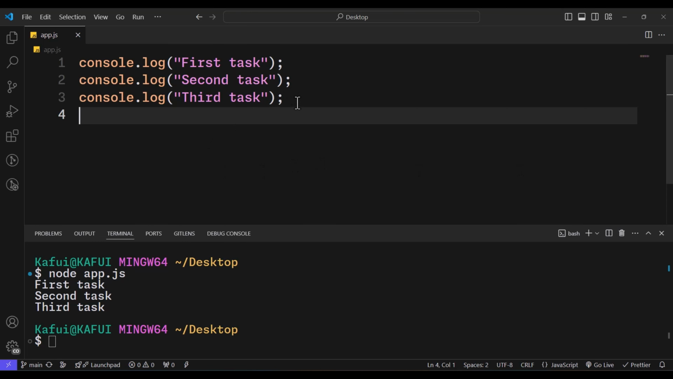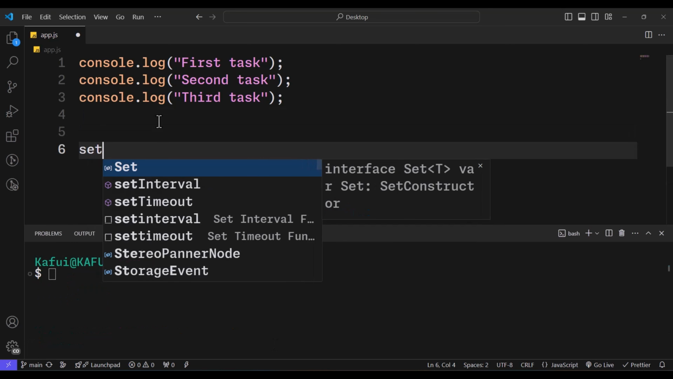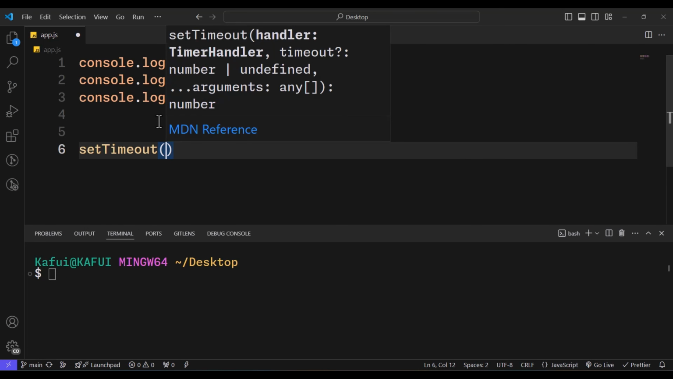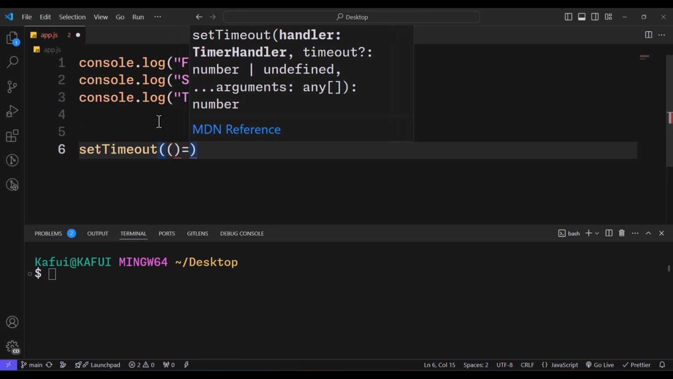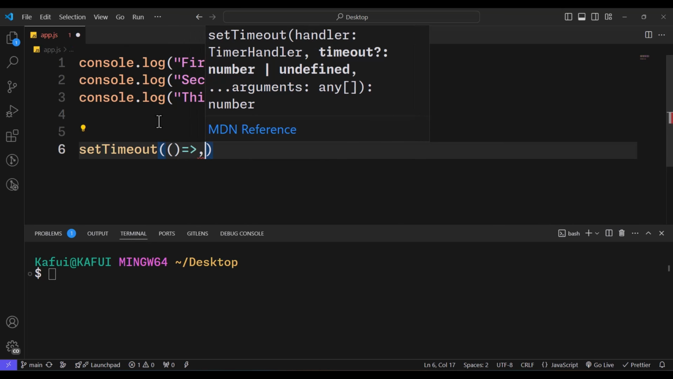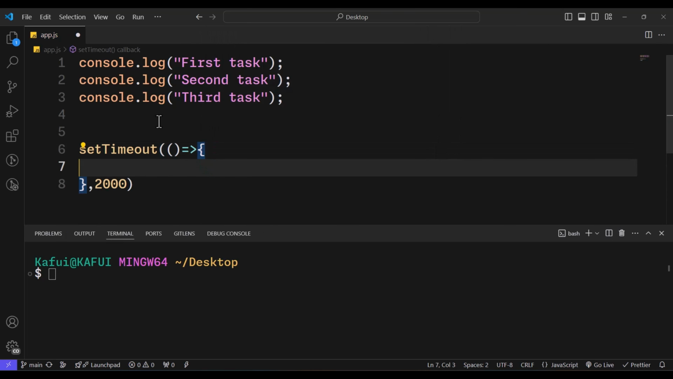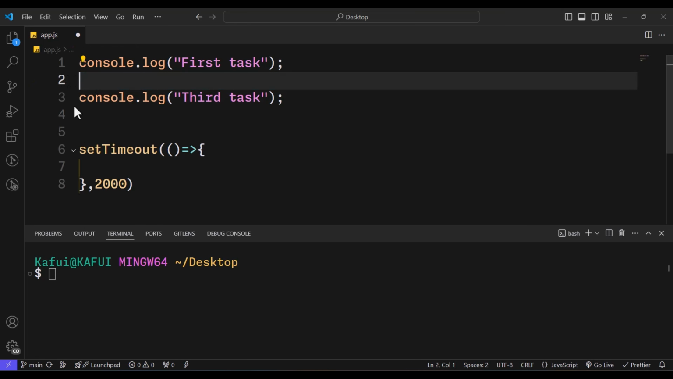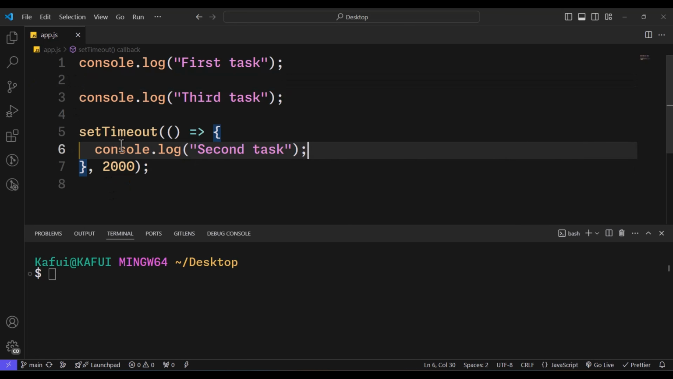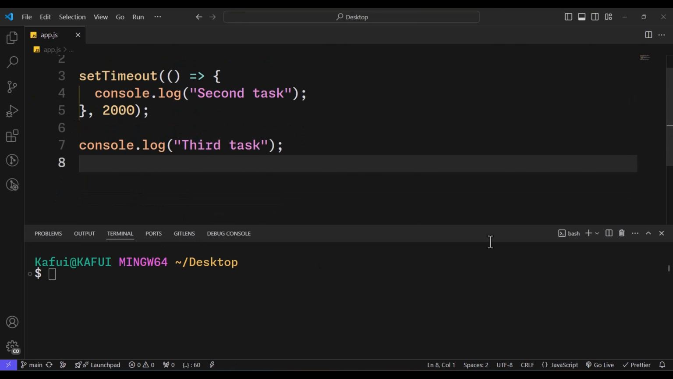So I'll go ahead and use a callback function called setTimeout, which helps us to write asynchronous programming in JavaScript. setTimeout takes a callback function and then a duration as its arguments. I'll put a duration of 2000 milliseconds here, which is equivalent to 2 seconds. Then I'll cut the second task and put it here and save. And then the third task, I'll put it under the setTimeout function here and